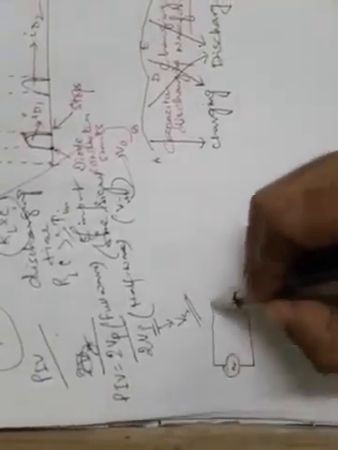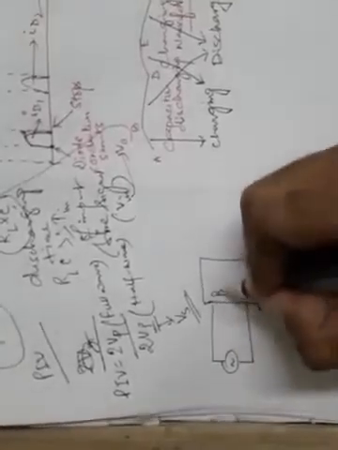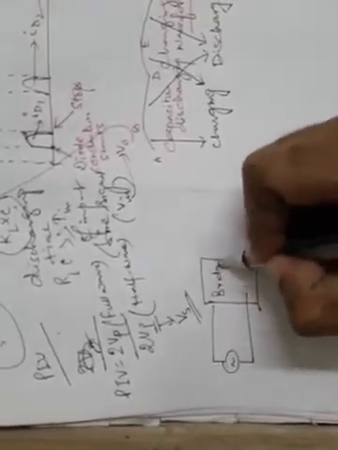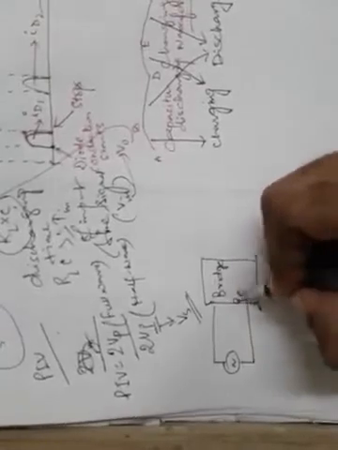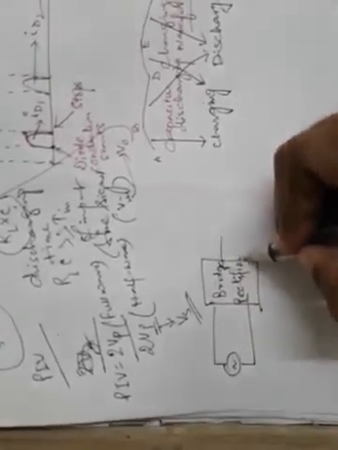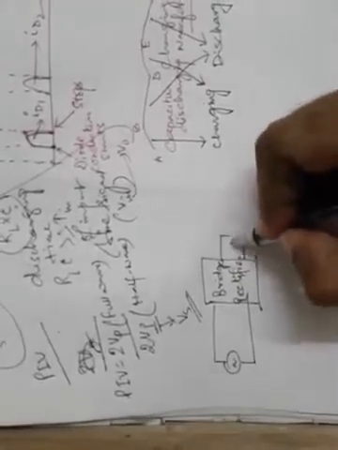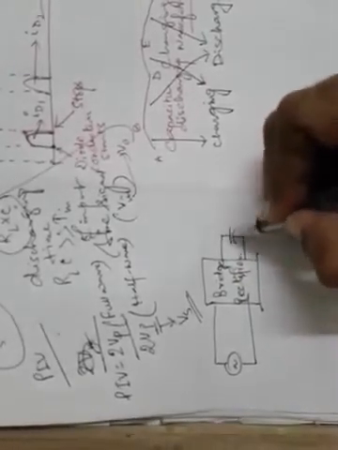Now let us see some other configurations. I have already told you in the beginning that the other configurations are L section and pi section filters. So let us see how it can be made. Suppose this is a bridge rectifier which is giving full wave, the output of which is connected to first a shunt capacitor input filter